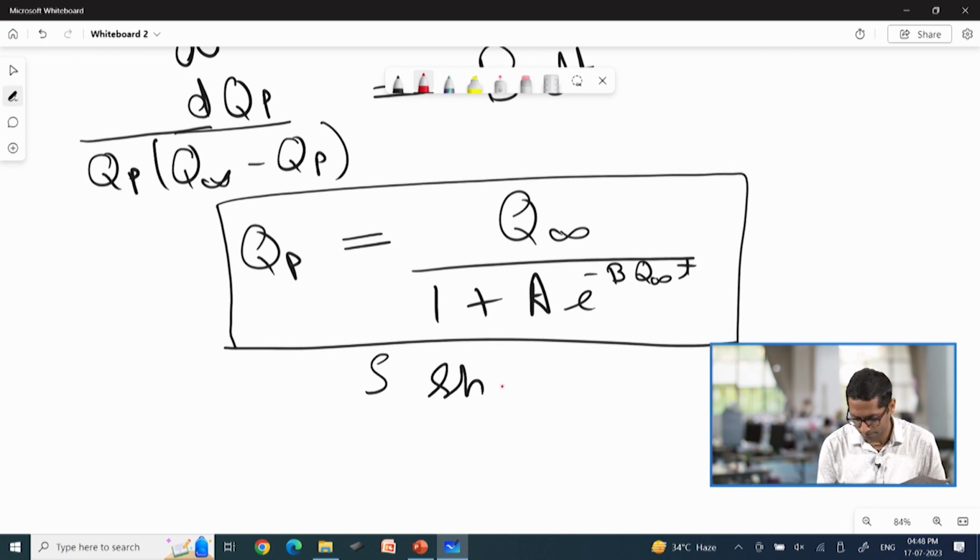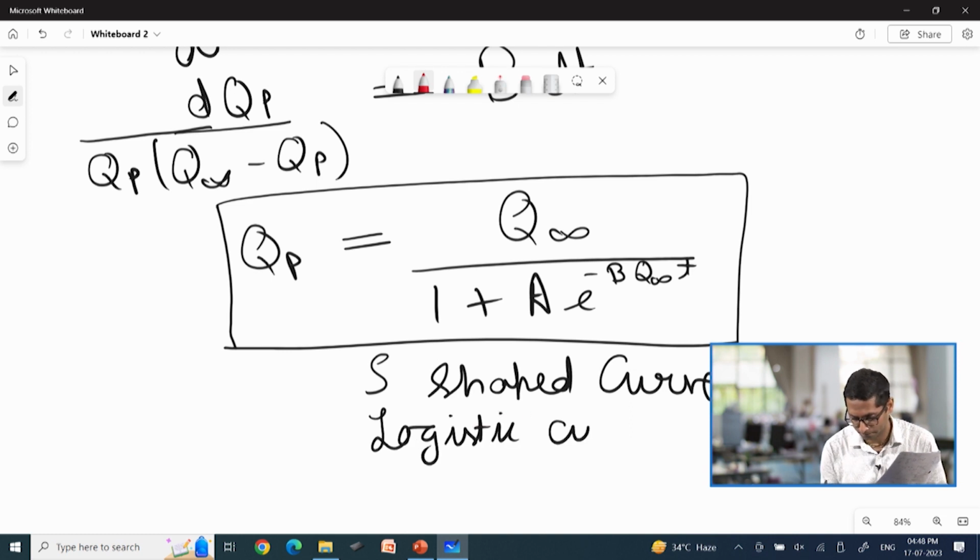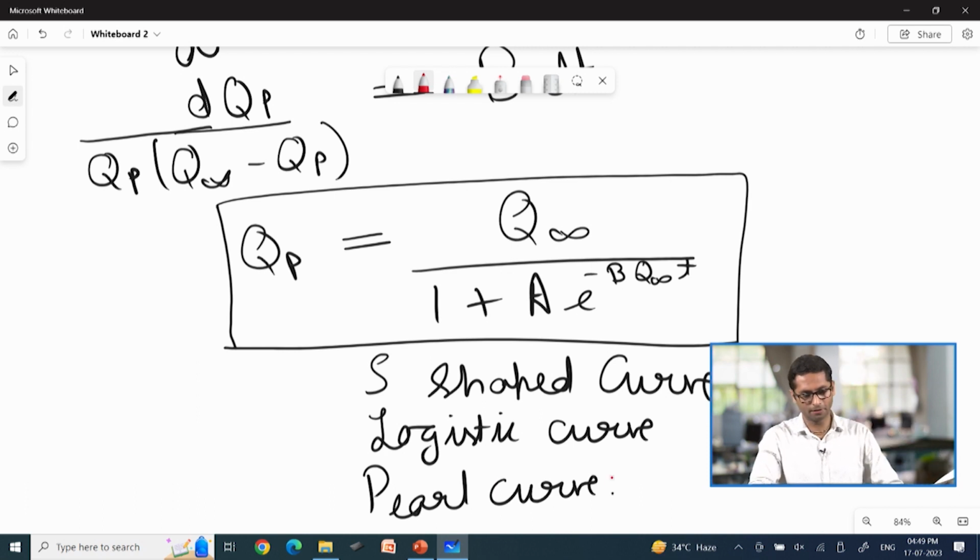And there are different names to this particular relationship. One is the S-shaped curve, or another name, which is called the logistic curve. People also refer to this as the Pearl curve, and this particular relationship has been used in the scientific community for different kinds of predictions as well. One particular application could be the inclusion of any new technology into the market, which sometimes follows the S-shaped curve,